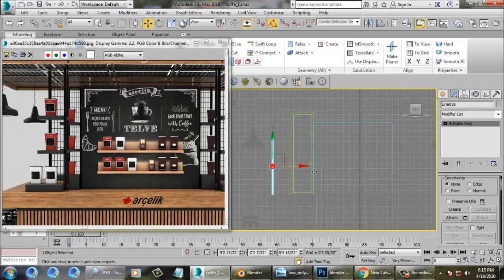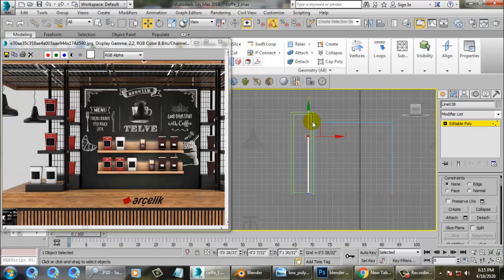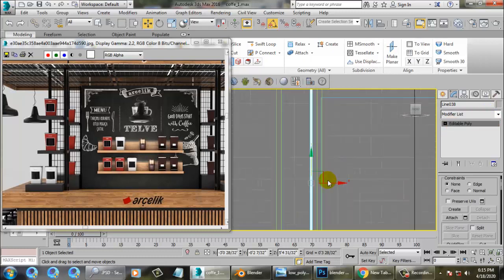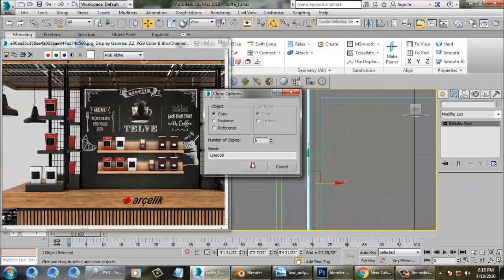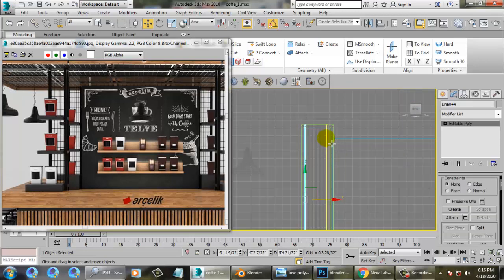Once you're done with this rectangular frame, you can decrease its width and height. After that, take this, go into this and push this up, and duplicate it. How many copies you want, you just take that.